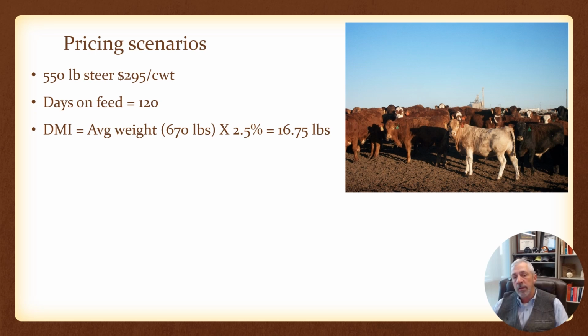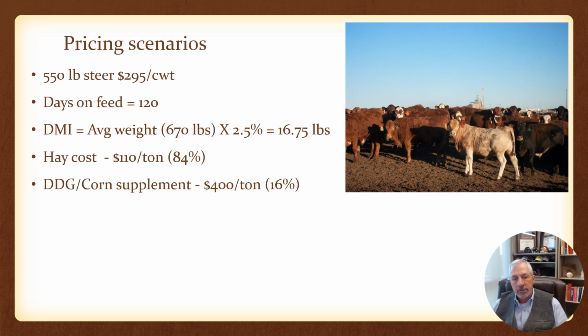The way you come up with an average body weight is to take the starting weight plus your projected ending weight, which in this case I made at 850 pounds. That gives us an average of 670 times 2.5% of body weight, or the cattle will eat about